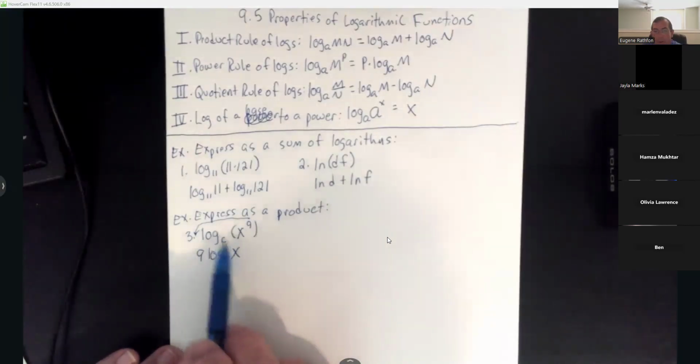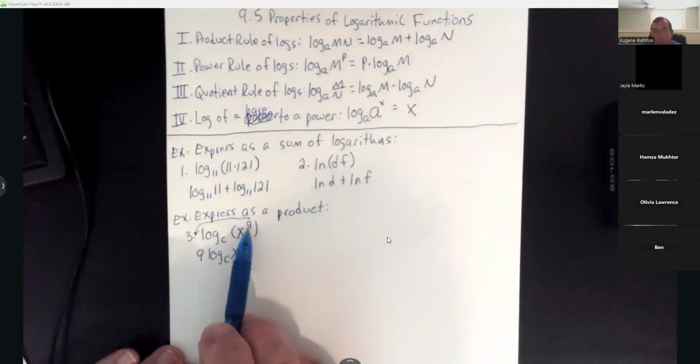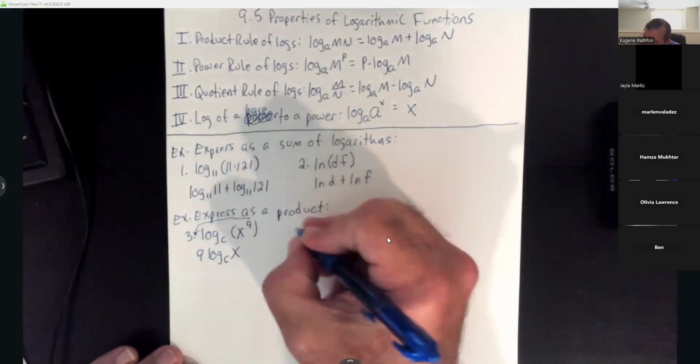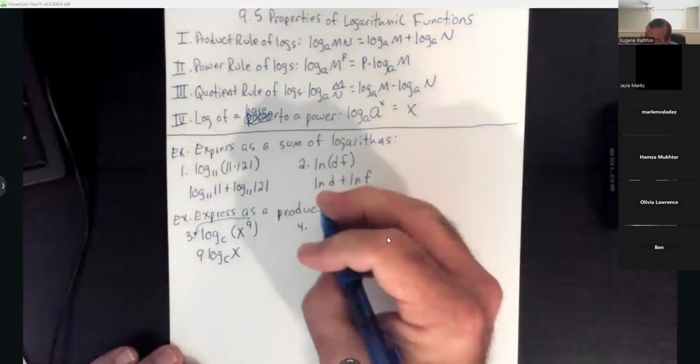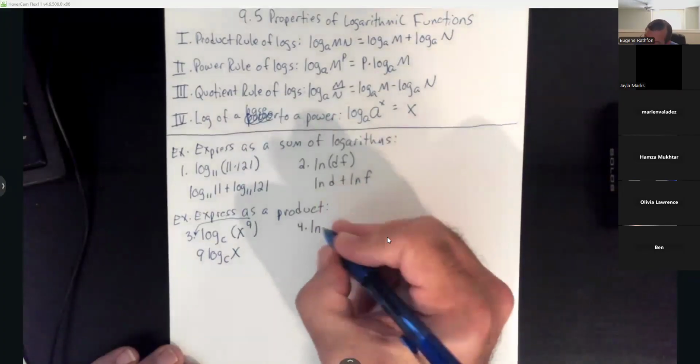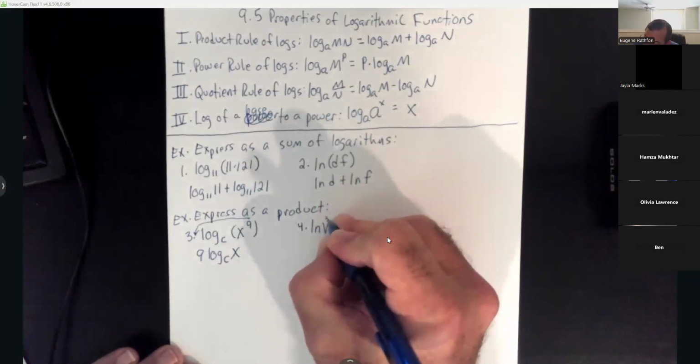So when we're doing logs and simplifying, if we do have exponents on that variable like this, we will bring them down to the front and write it as a product. All right, now number 4 is a little trickier. ln of a cube root